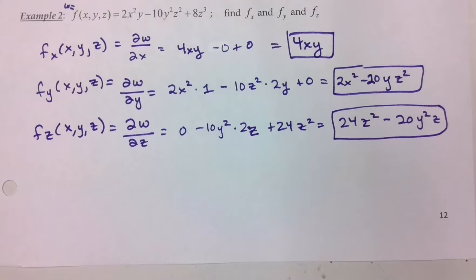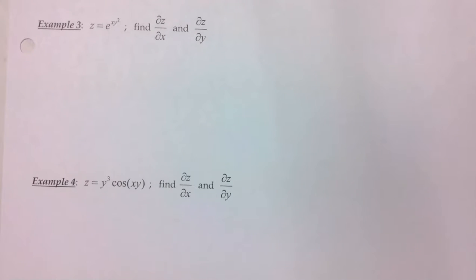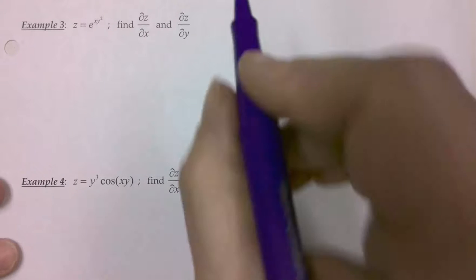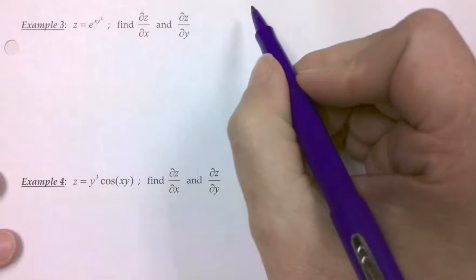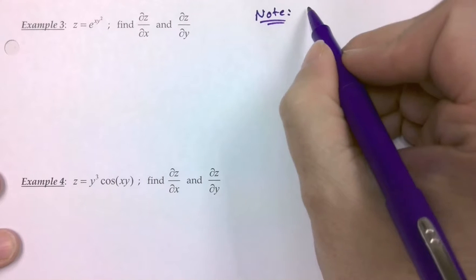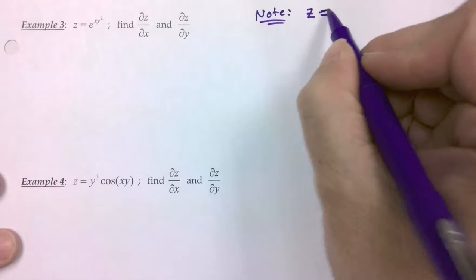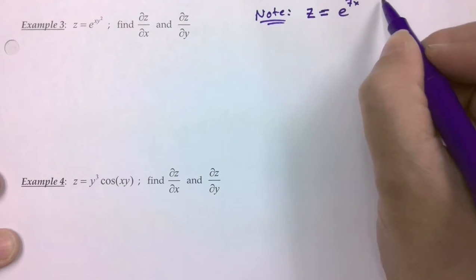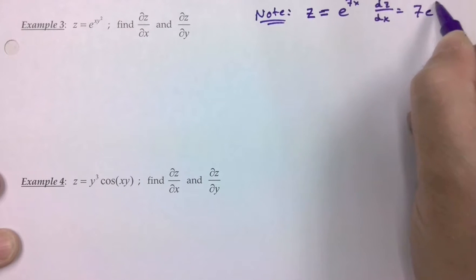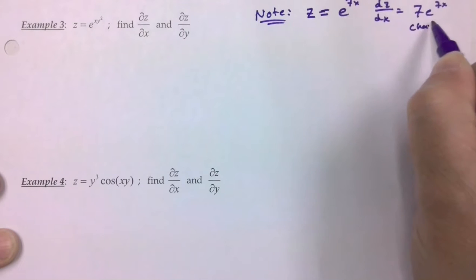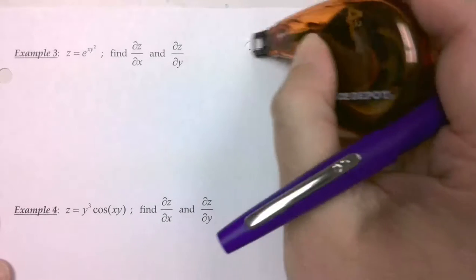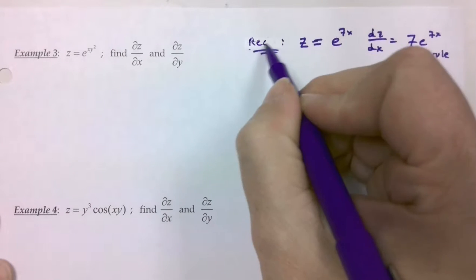Now let's kick it up a notch and do an example with an exponential, of course. Those are fun. So let's just make a note as we do this real quick that if z was equal to e to the 7x, then the derivative of z with respect to x would be 7e to the 7x because of chain rule, right? Just a little reminder, I guess I shouldn't say note, I should just say recall, just a little for our own benefit,